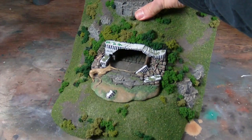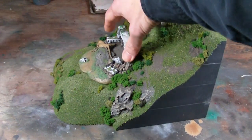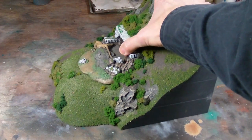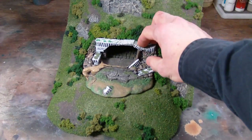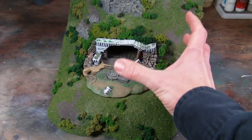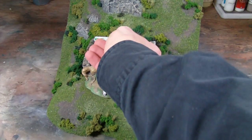For the second entrance end cap, the customer provided me a piece to integrate into this. This is an out of production piece from Dwarven Forge. It's the Realm of the Ancients entrance, I believe. And this piece I did not want to fix permanently into place, as it is out of production. It could be a rare collector's item. So what I did